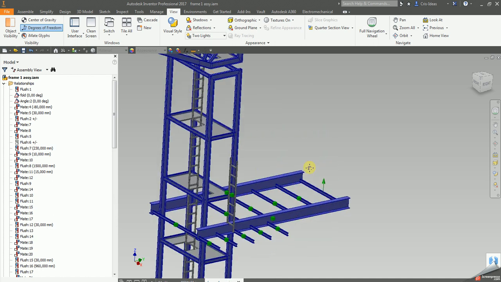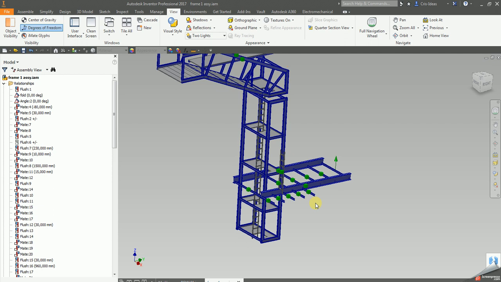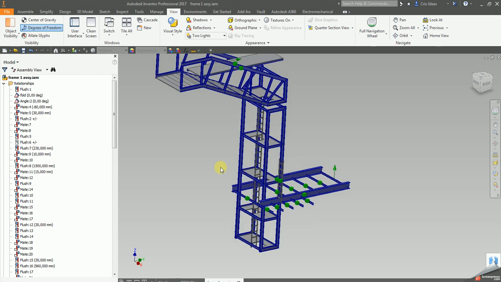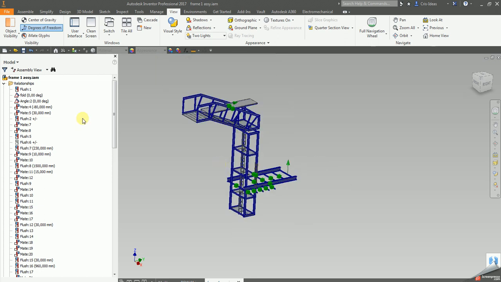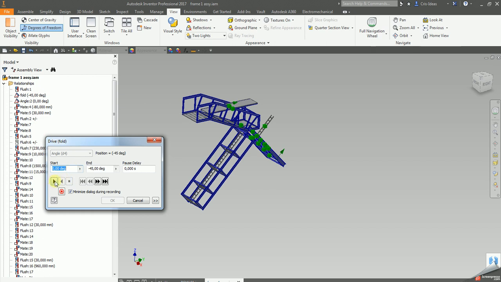And what we can see here is that now the degrees of freedom are indicated correctly, because this can only go up and down, and all other elements have properly defined degrees of freedom. But what is different? I only suppressed the flush 6, and now when I put minus 45 in the fold angle, it folds properly. I will try to drive it to 0, let's say,